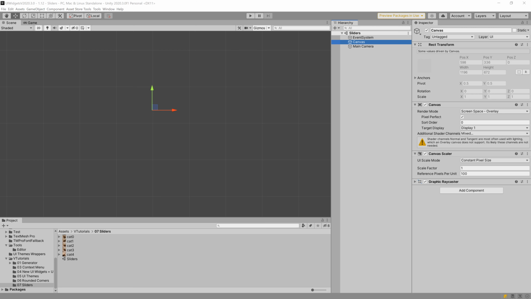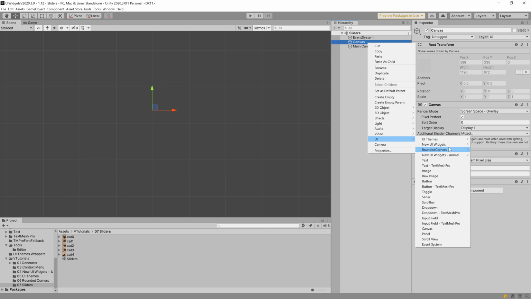Welcome to the new UI Widgets tutorials. This tutorial is about how to make a slider, also known as carousel. For this you will need scroll view and scroll rect paginator widgets, layout group and content size filter components.